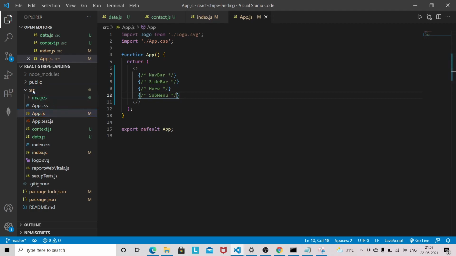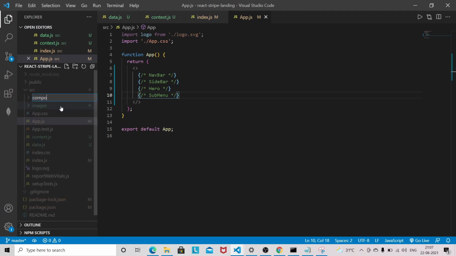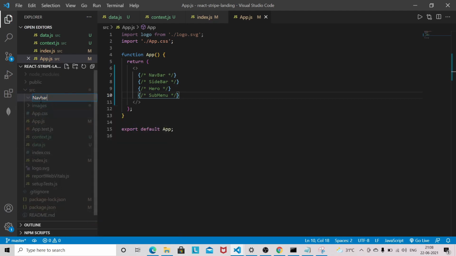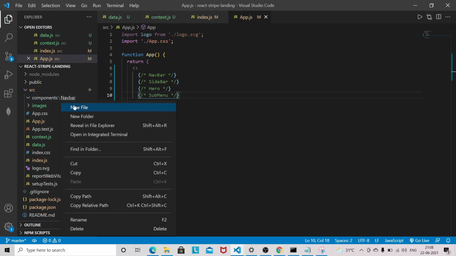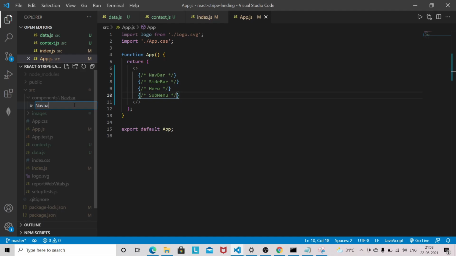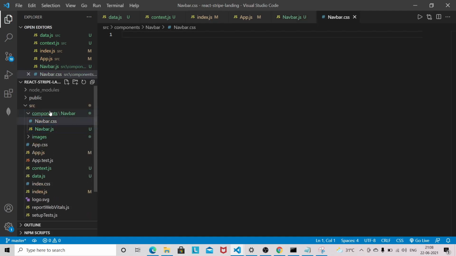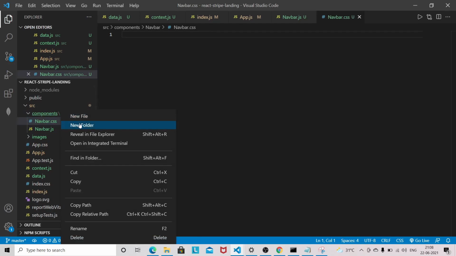So I'll create one folder here called components, and inside components I will have a folder navbar, and in navbar we'll have two files like navbar.js, navbar.css, and let's create the other folders as well.